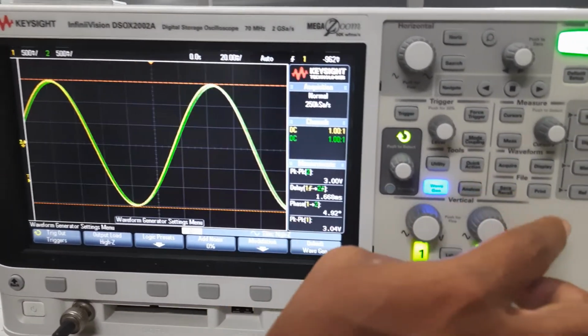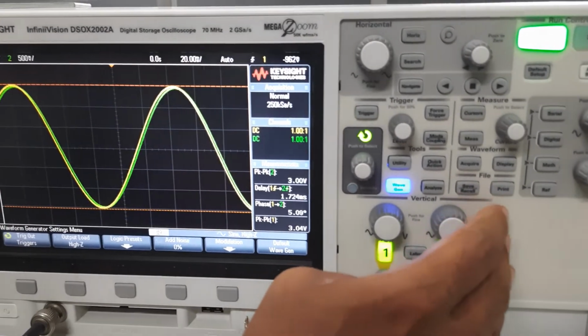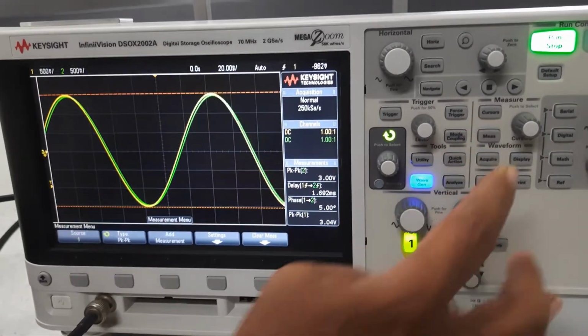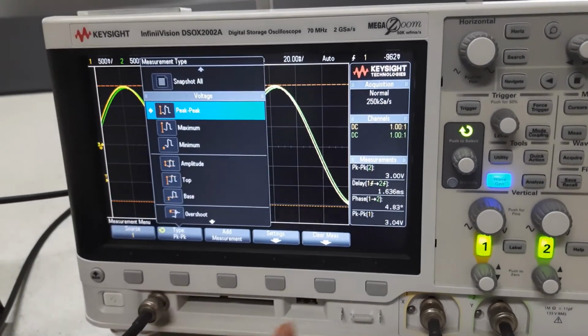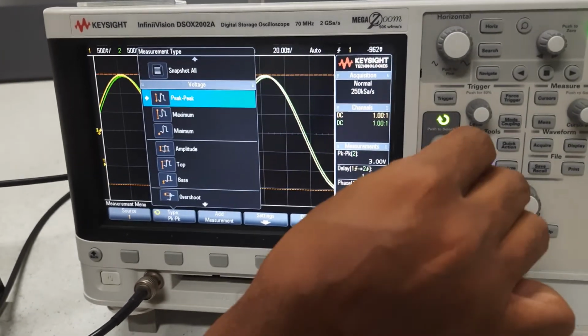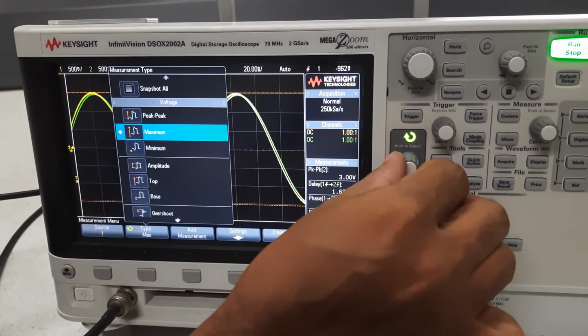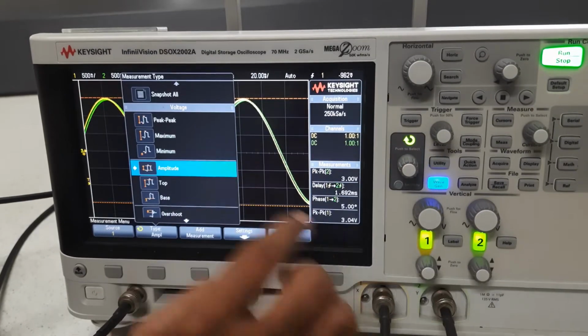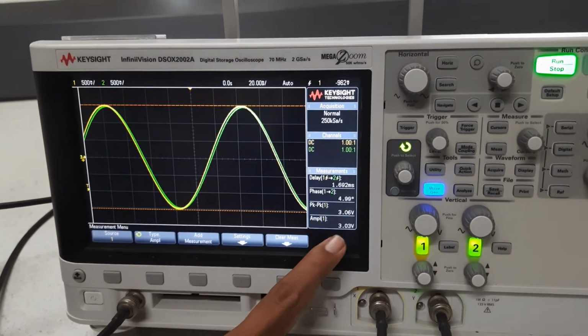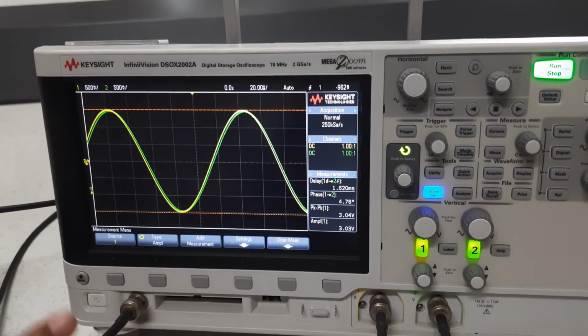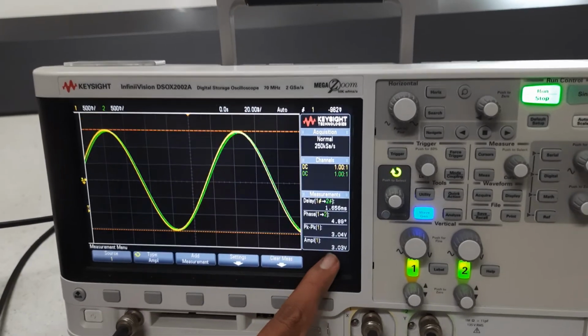change the parameter that you need to measure. Okay, so what is that? You want to measure peak voltage, maximum voltage. We need to measure the amplitude. Okay, so your amplitude is 3.03. Now just note down this particular value only,